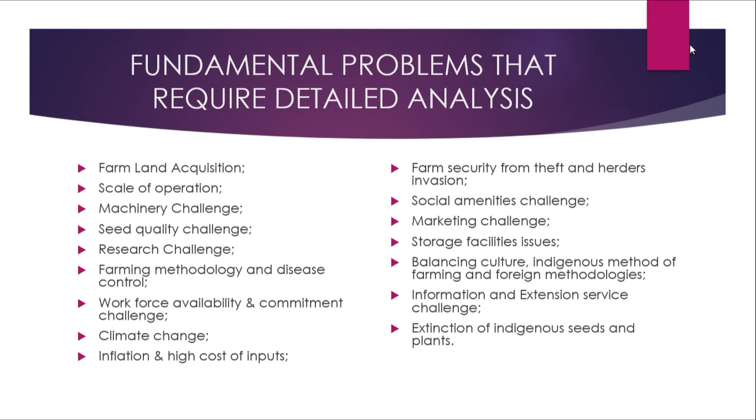Social amenity challenges. Like we all know, what are social amenities? Those are the amenities like road, like electricity, and so on and so forth. So today, when you go to many suburbs and rural areas where farming activities are actually going on, sometimes you will weep for the farmers, because by the time you produce, before you even get your product to the market, it has been destroyed, it has spoiled. So we need to talk about social amenities. Our roads are bad. Our roads are not good. So something must be done about that.